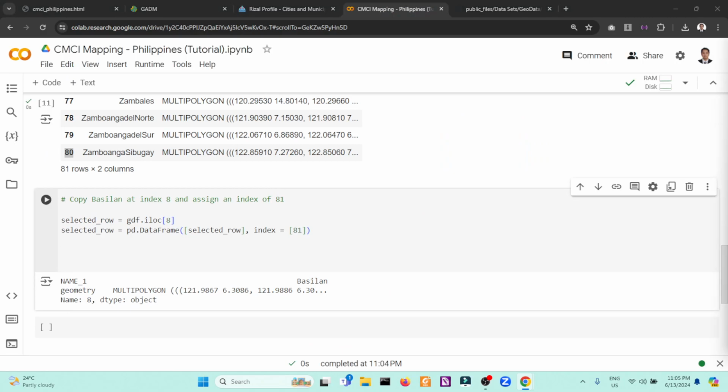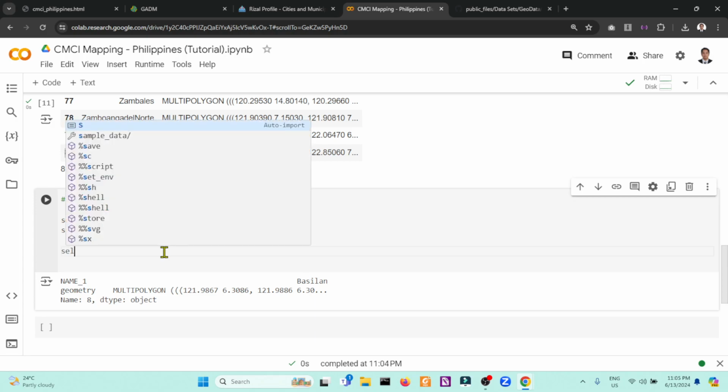Again, this selected row with the PD data frame is passed as a list, hence the square bracket around the selected row. The index 81 is an argument that sets the index of this new data frame to 81.